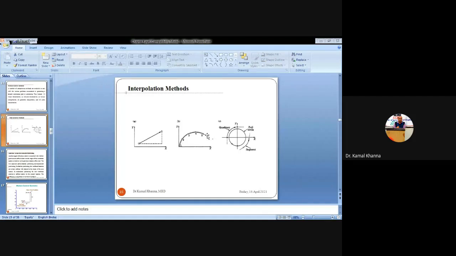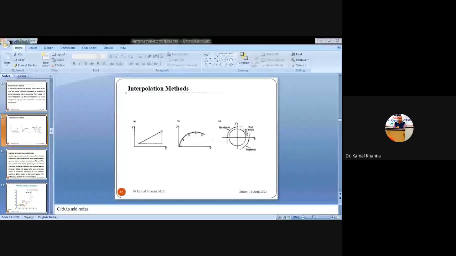Similarly, in the case of the last section, you can see we have divided the whole circle into quadrants. We cannot draw a full circle with the help of the tool, so we have divided the circle in the form of circular interpolation. We will first construct one quadrant, then give the instruction to the tool for the next quadrant, then the third quadrant, then the fourth quadrant. In this way, we can complete a drilling operation, or a turning operation, or any kind of operation in which the tool has to move in a circular path.